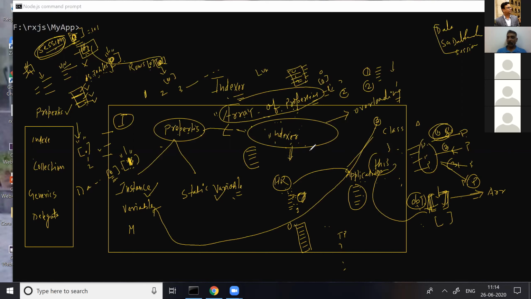Don't say it's a Sandeep Karan mobile. So you represent yourself by this, not by the name. So every object represents itself as this. So this is all about the indexer.